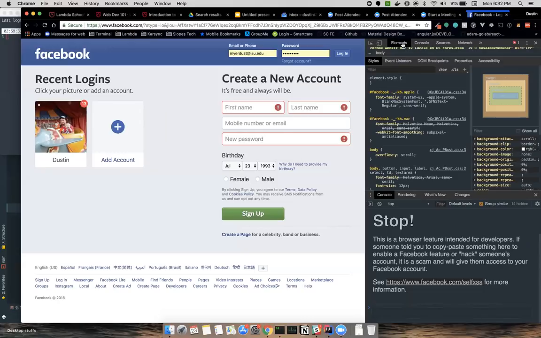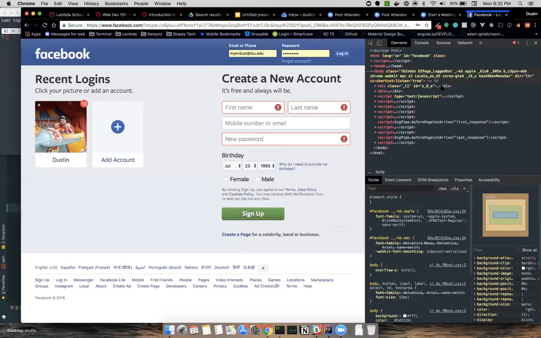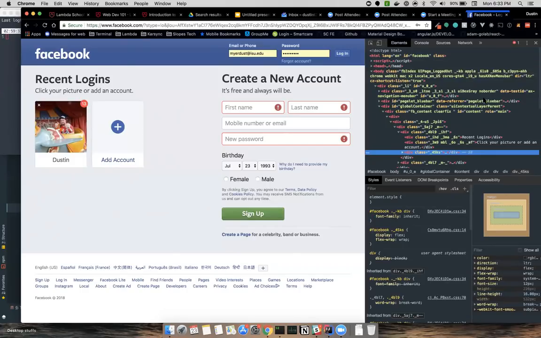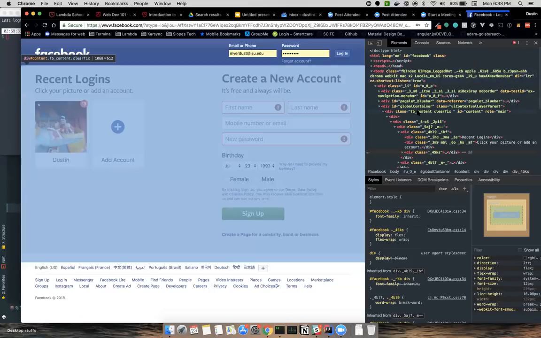We can look at it. Oh, it doesn't let us. We don't need console. We want this. Here we go. We can look at it even right here inside our dev tools in our browser. So in Chrome, if you right-click and click on Inspect, it'll open this bar up on the side, or it could be on the bottom. You can place it wherever you want if you click on the three menu dots up here. I like to put it on the right.